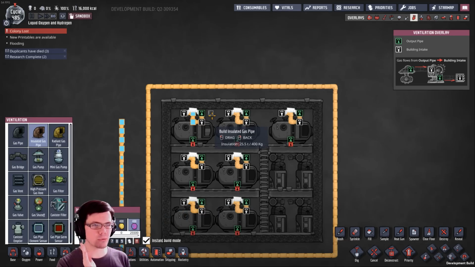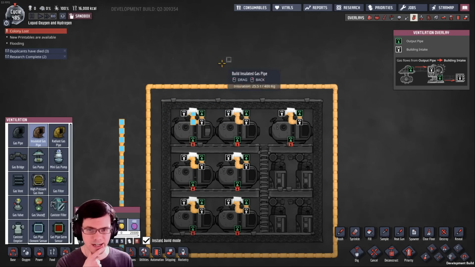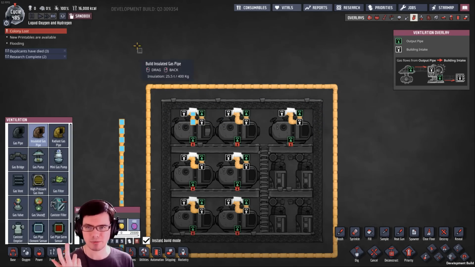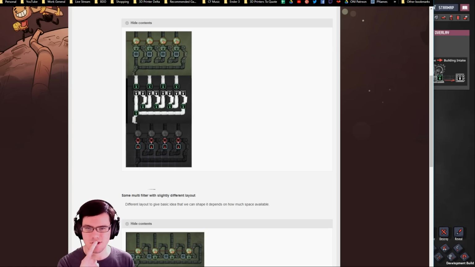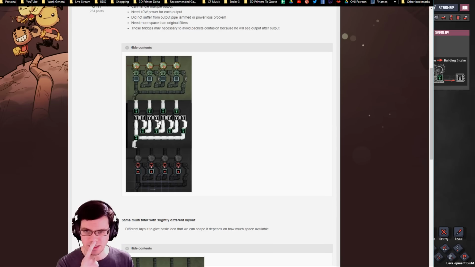So now what we need is a way to bring gas in to detect whether or not it's the right type of gas. Maybe this is where ABUD comes into play here. You see how that's looping right there? And what's smart about this, it isn't obvious right off the bat, but you see the loop, how it goes over here and then it goes through a bridge